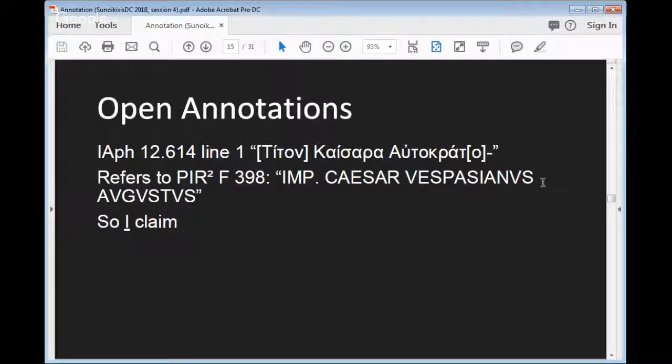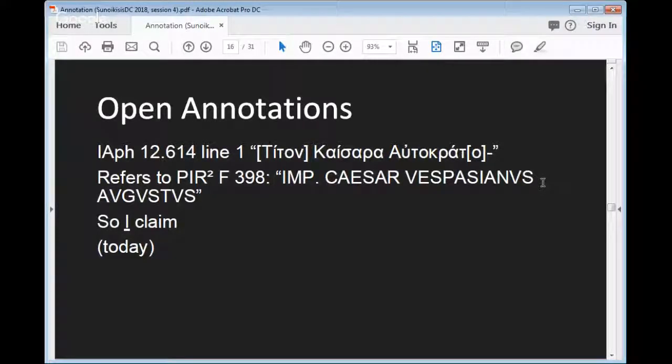So I say that I claim this and that today is when I made that claim, or whenever I created this bit of open annotation. It was a couple of years ago. The snippet I'm about to show you, I think, will have an older date on it. But in order to make this an academic statement, footnoted as it were, I need to give you all those pieces of information.